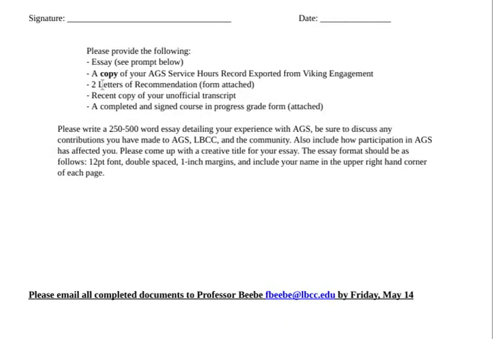Now, moving on. This is the written portion, and for the written portion, we have an essay. The essay needs to be about 250 to 500 words, and the prompt is shown right here. I'm just going to summarize what the prompt is about and give you examples. For example, it says here, your experience with AGS. The point of this whole essay is for the people evaluating it to really understand your experience with AGS,